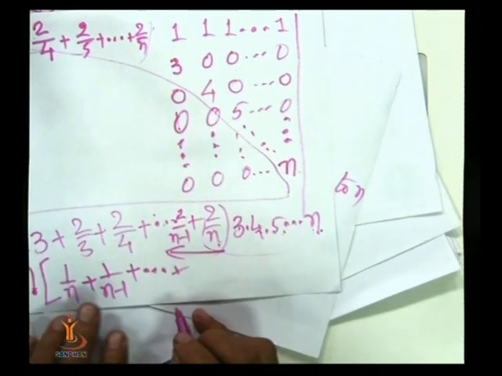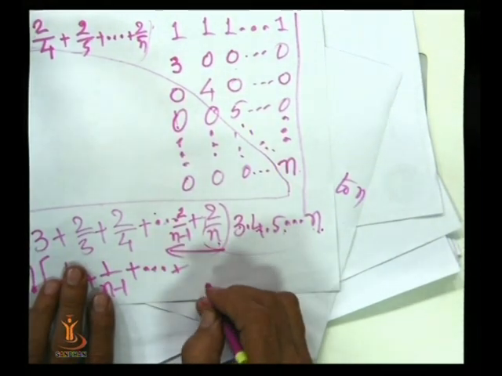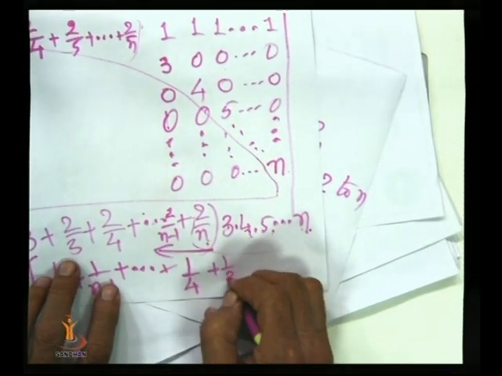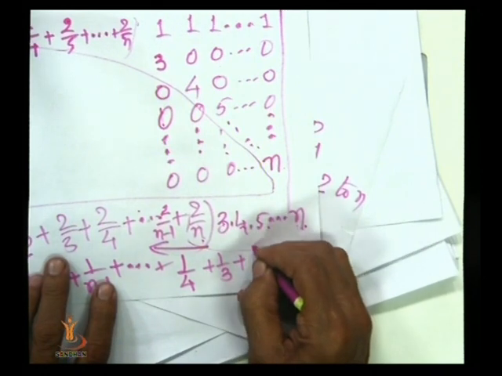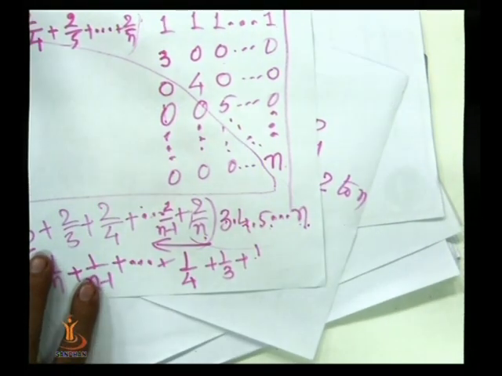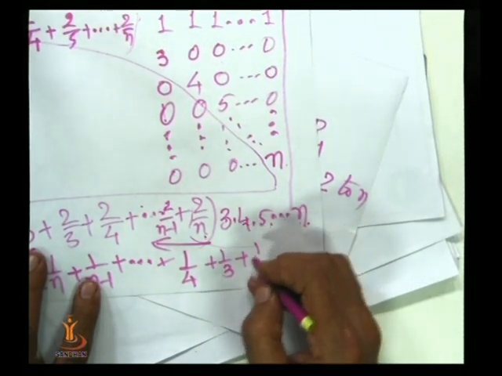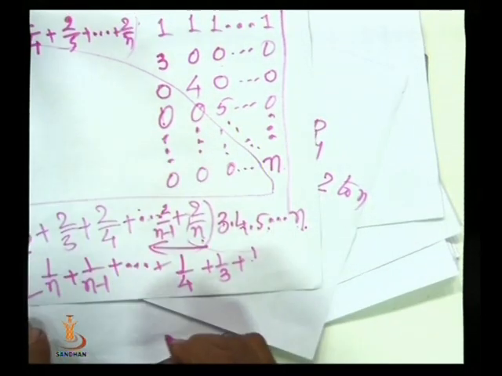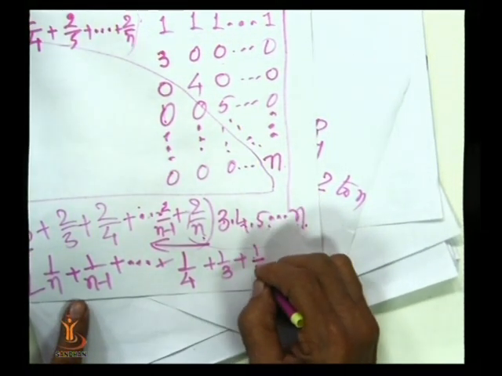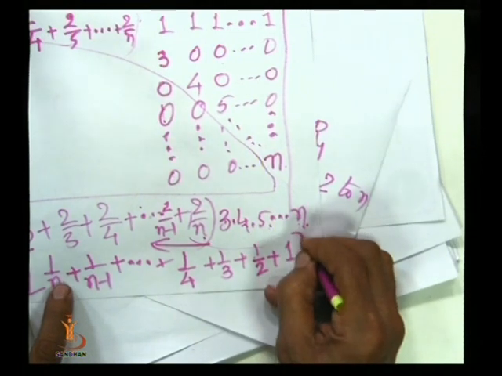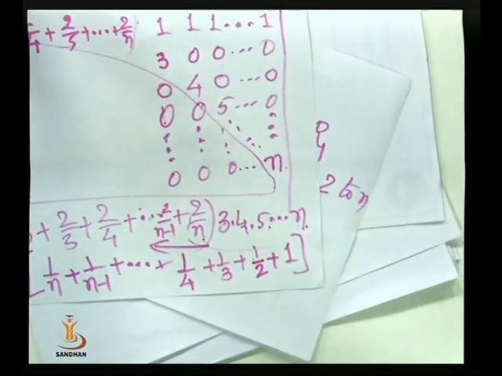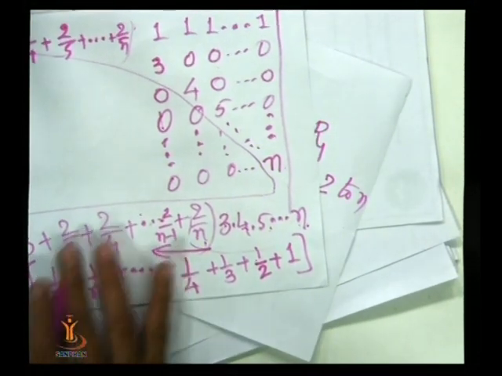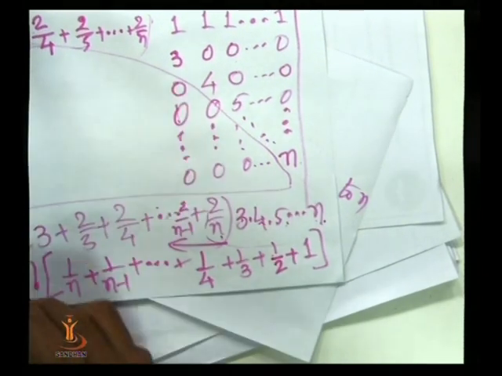So in that case, here you get 1 upon 4, then 1 upon 3, then 1 upon here, this you can write as 1 plus 2, and when you take n factorial common, you get this equal to 1 plus 1 half. Okay. So value of this determinant, the given determinant, is